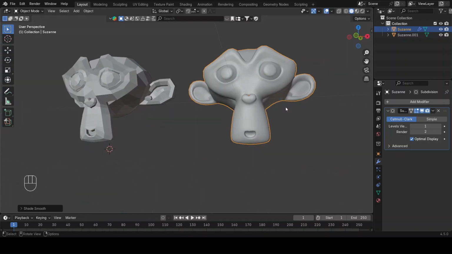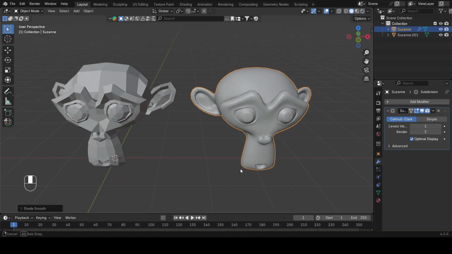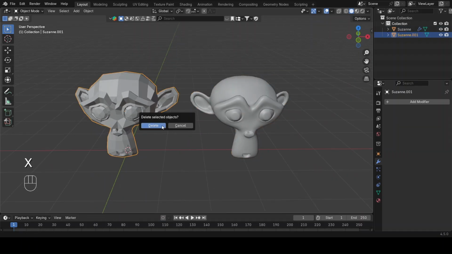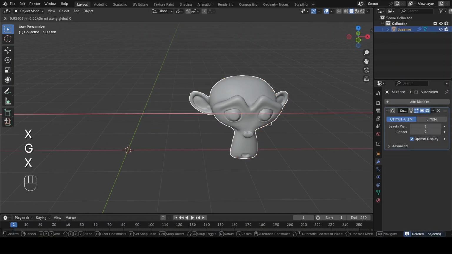And sometimes with Shade Smooth you will see there are many bugs when you advance your level, when you do advanced projects and advanced product modeling. But yeah, Shade Smooth is a very beneficial tool in Blender. So now let's delete this and then come to